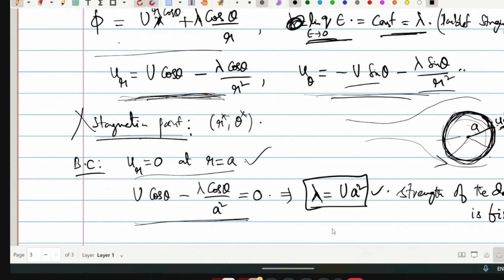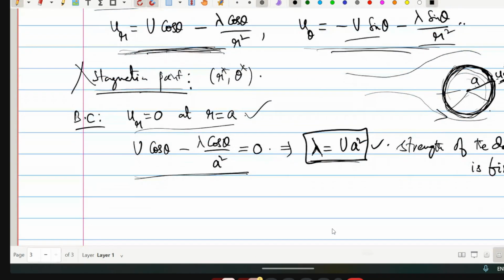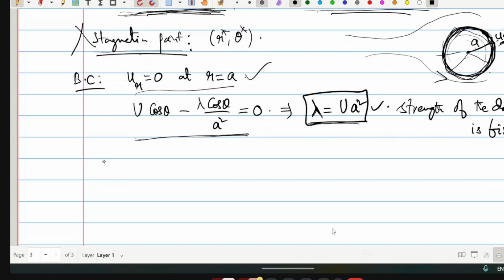This is your boundary condition. The boundary condition fits your doublet strength. Okay, so your doublet strength is there. Now you write what is your... So if you want your boundary condition to be satisfied, your doublet strength will be u cos theta